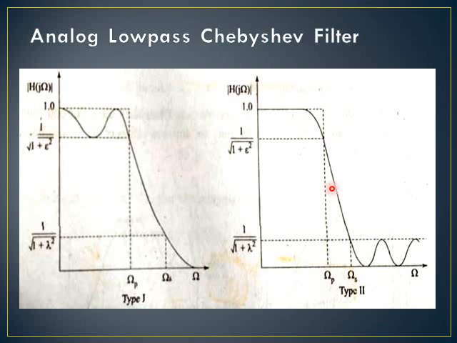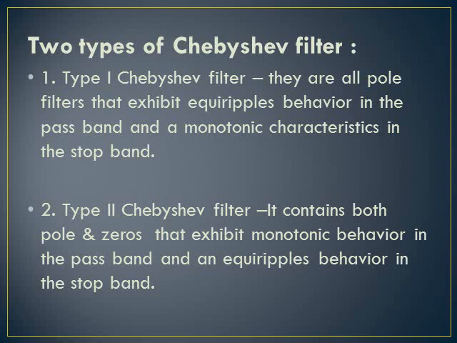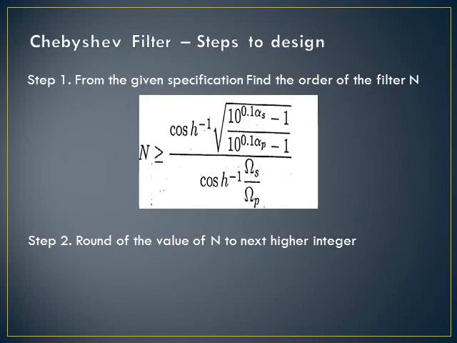Type 1 filters are all pole filters and they exhibit equiripple behavior in the pass band and a monotonic characteristic in the stop band. Whereas the type 2 Chebyshev filter contains both poles and zeros and it exhibits monotonic behavior in the pass band and equiripple behavior in the stop band. So this is the explanation for the type 1 and type 2. So let's start with the design of